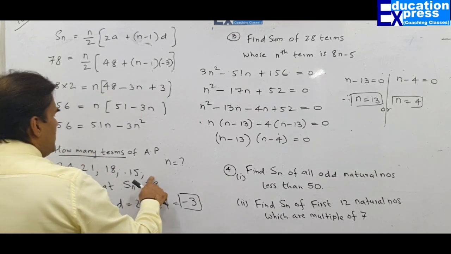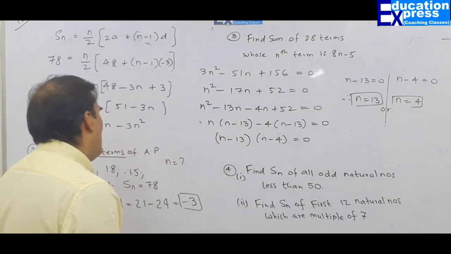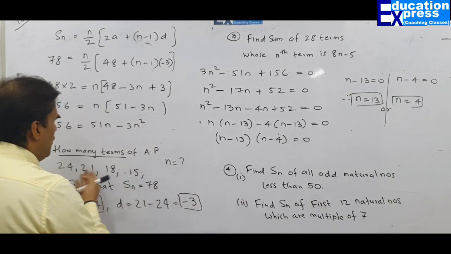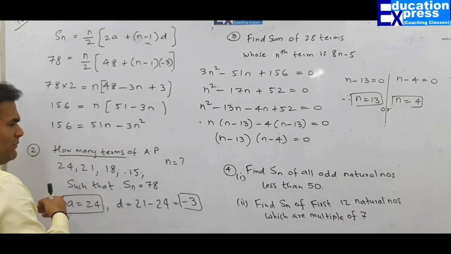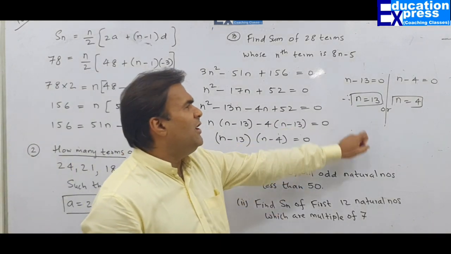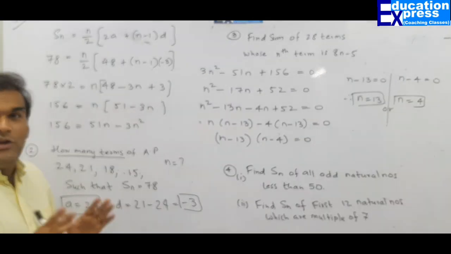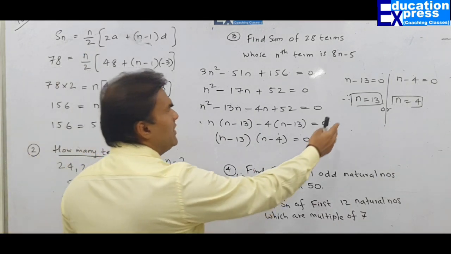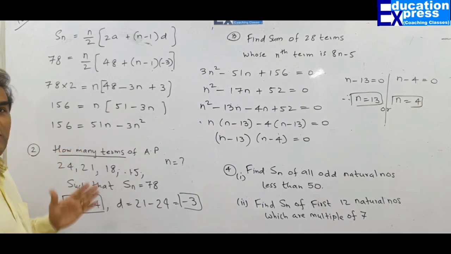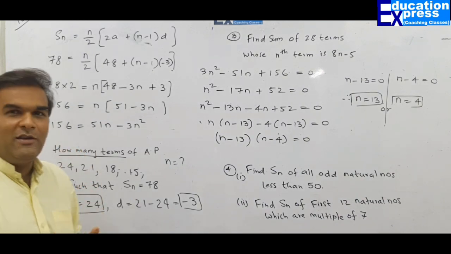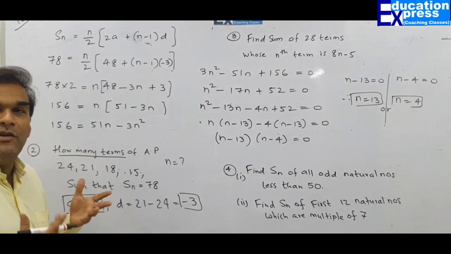After that, as the terms keep on decreasing, and when you move on till term number 13, what will happen? Many of the negative numbers will also be a part of this series. Those negative numbers will start eating the positive numbers. So when you make the sum total of 13 terms, again you are going to get the sum of 13 terms as 78 only. The only reason why you got 2 answers is because your D was negative, my dear friends. So question number 2, although the starting question is the warm-up question, but trust me, this was a very important question which involved quadratic equation also.